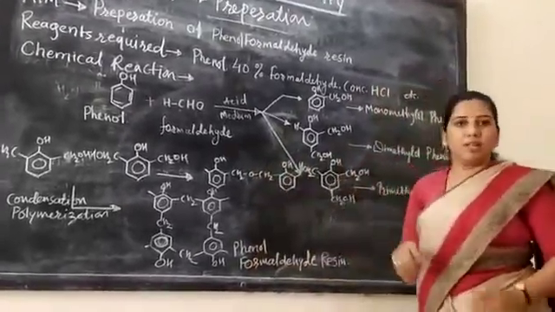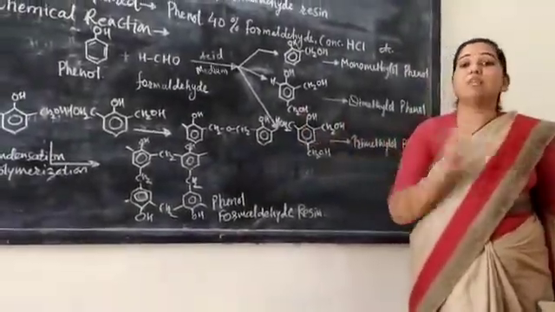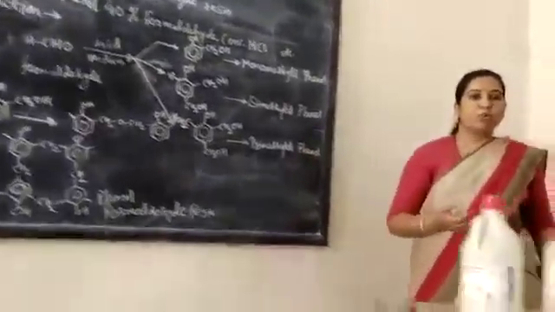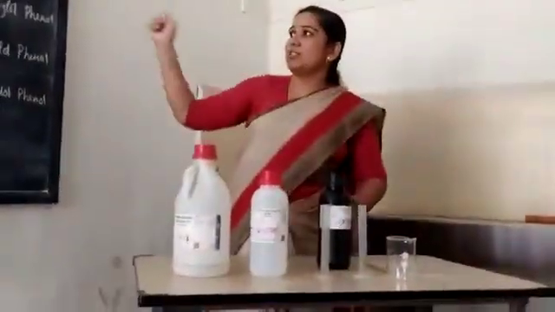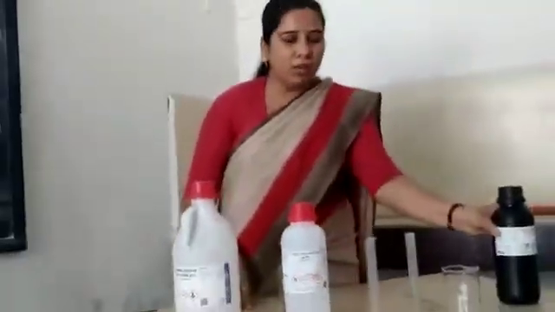So in this way, the condensation reaction occurs. Now this product which is formed, we have to see experimentally how it can be formed. You can see what type of reagents are required. Phenol: this black colored bottle is having phenol. Here there are crystals of phenol. When it is totally closed, it is in the form of crystals, but when it comes in contact with atmospheric oxygen or different gases, it gets melted. So it is phenol.